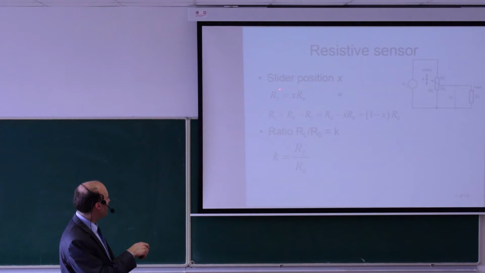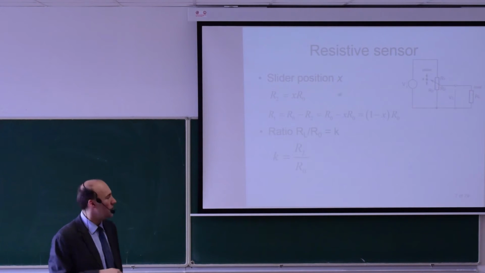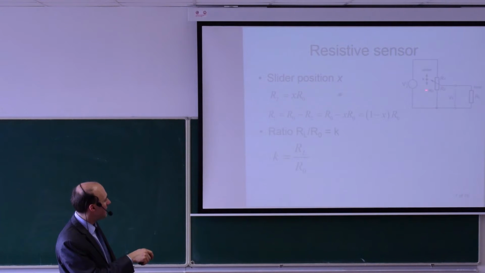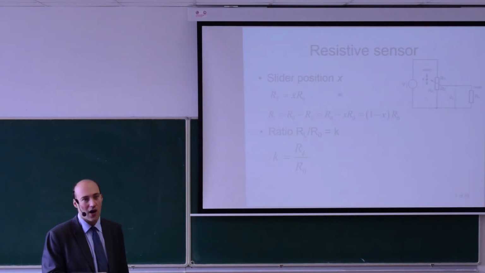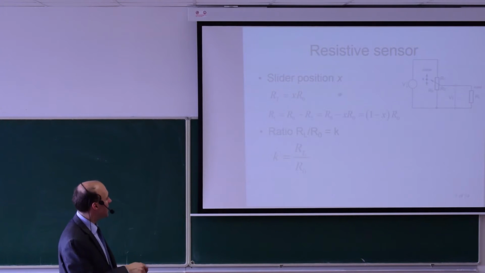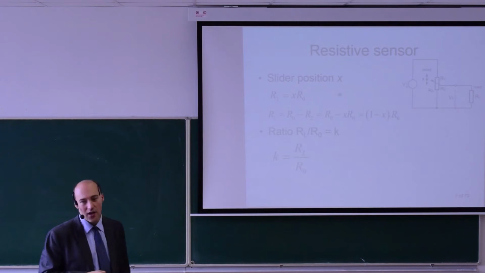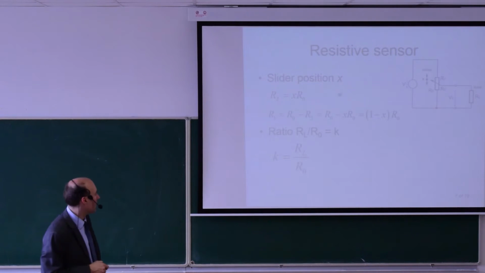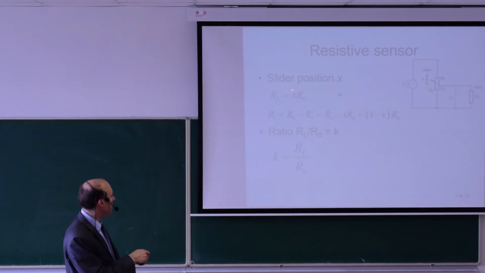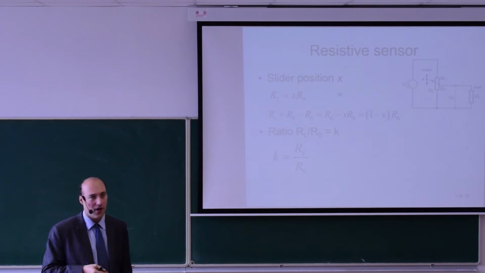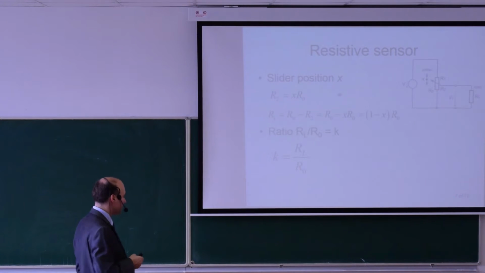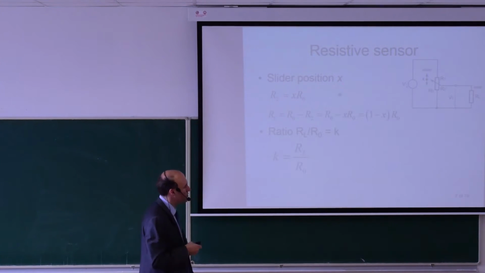So here you see that R2 equals X times R0. If X is all the way down, X is 0, so R2 is 0, and R1 equals R0. Those equations will allow us to eliminate R1 and R2 from the formula. And we will also